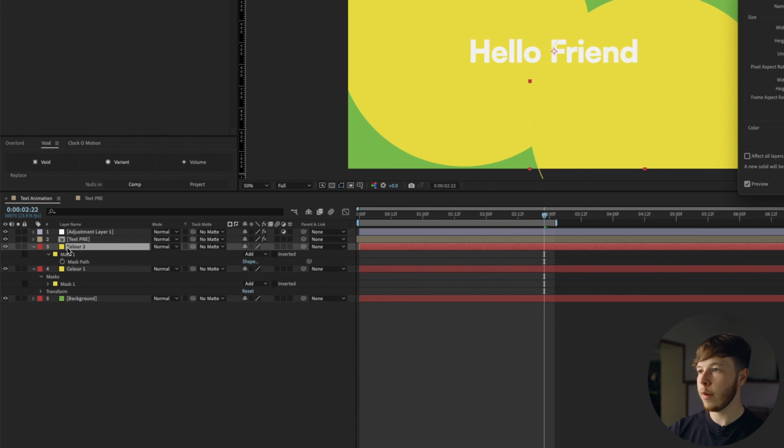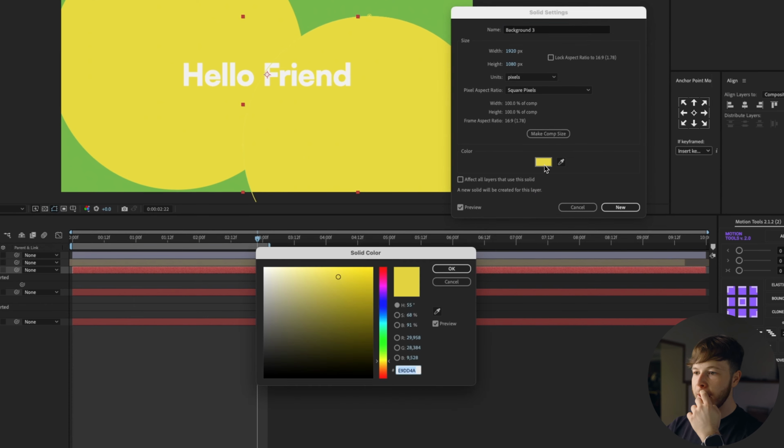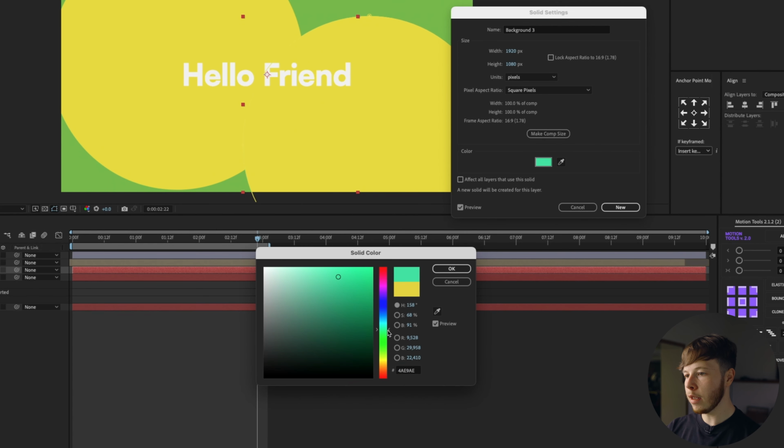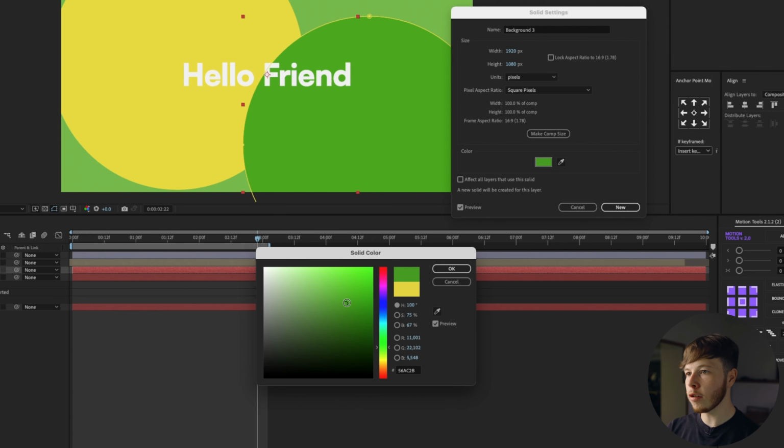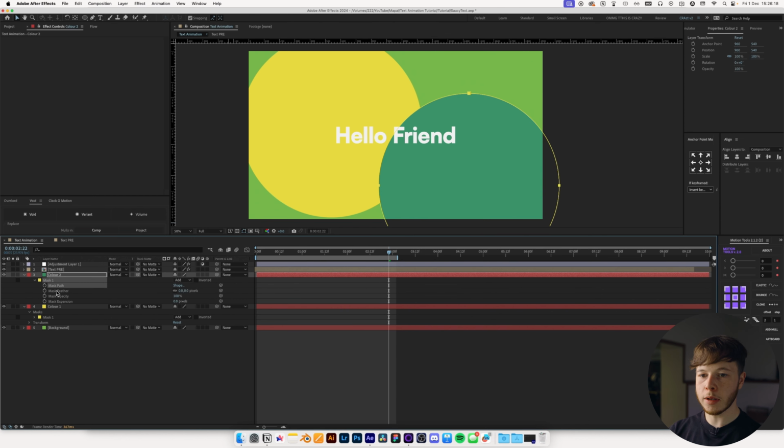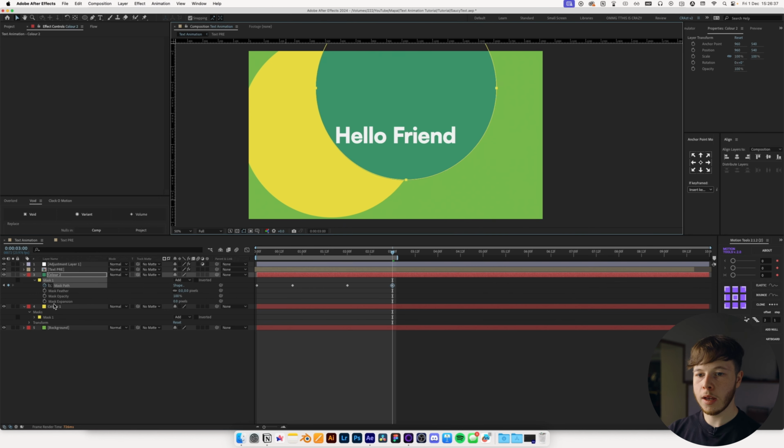over here, and Shift Command Y again to bring up the solid settings for that one, and change it to maybe a more bluish, maybe like a darker green color, maybe something that would go nice and well, maybe like a slight turquoise. And then hit M, open up the mask properties, keyframe the mask path, go forward a little bit, and you can click that and then move it maybe over this way, and we will do the same